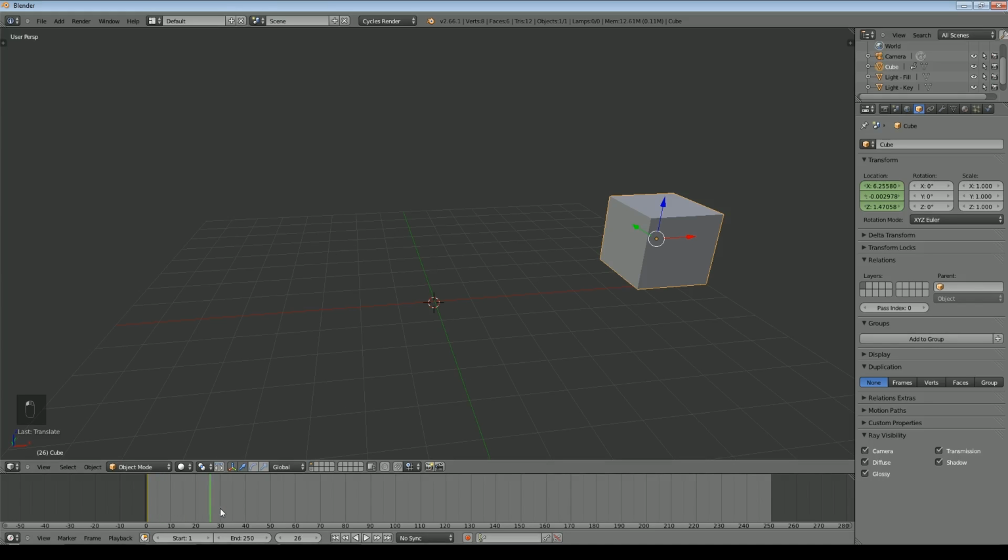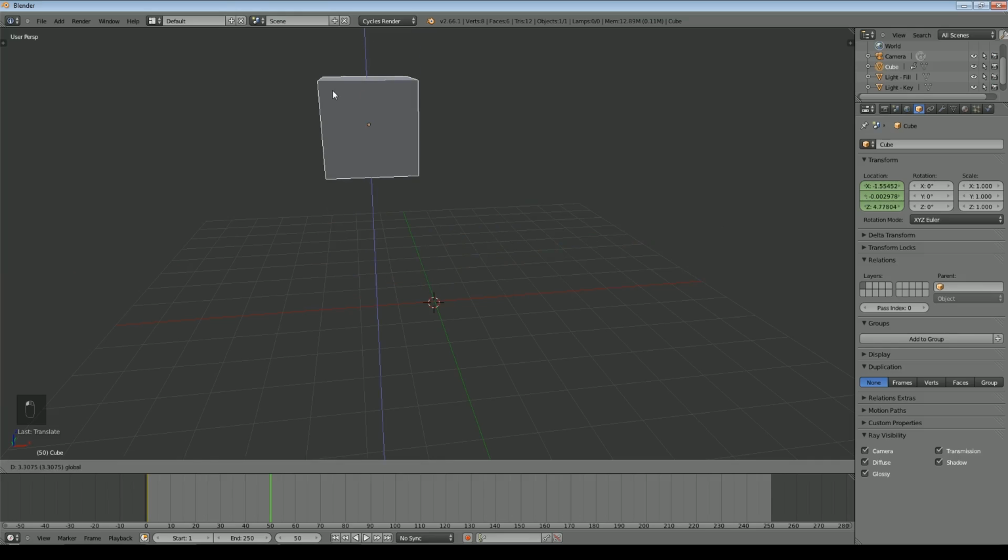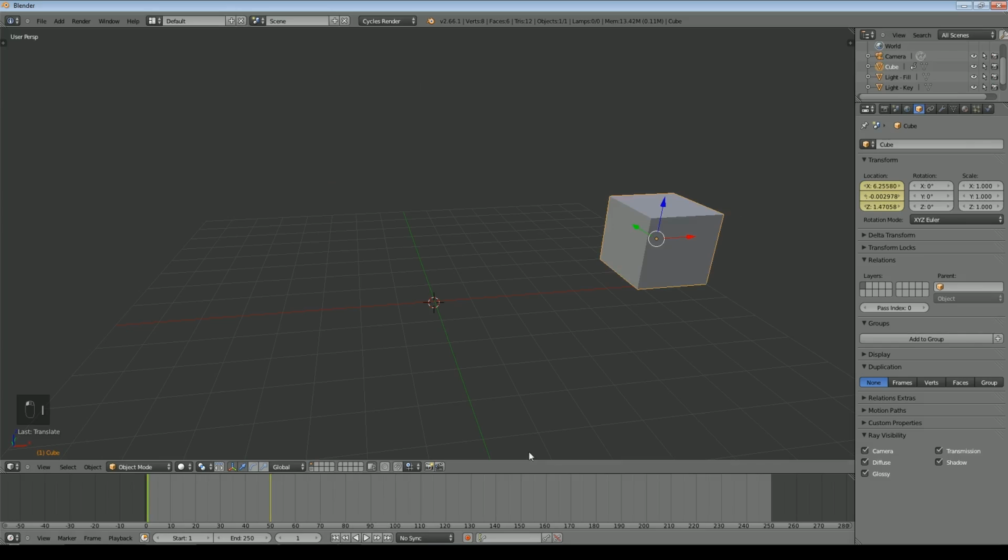So if we go up to, say, frame 50, and then we move our cube somewhere else, we'll put it there. You notice this area is green. All that's telling us is that there is a keyframe, and you can see it by this little yellow line here, and that until we place another keyframe, that's the default position to the cube. So I'll hover over here and I'll press I. Now if I go back to the beginning, cube jumps back to there, and I press play, and you notice the cube moves to that new location.